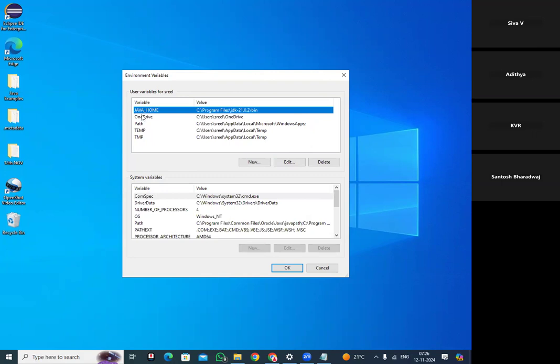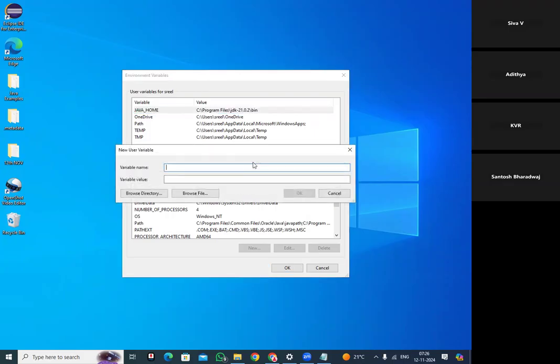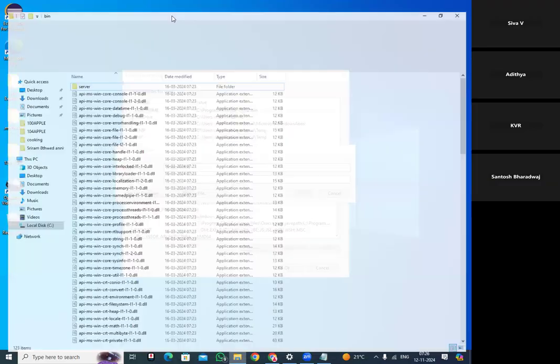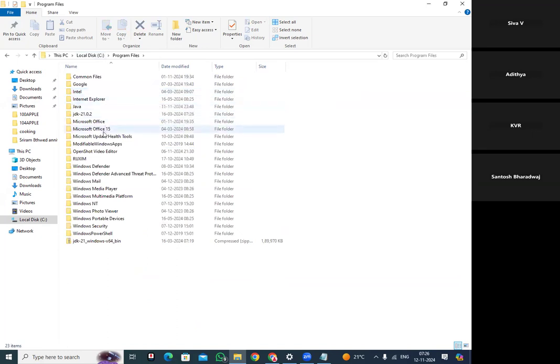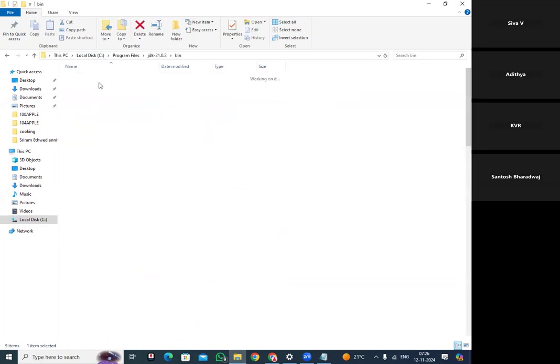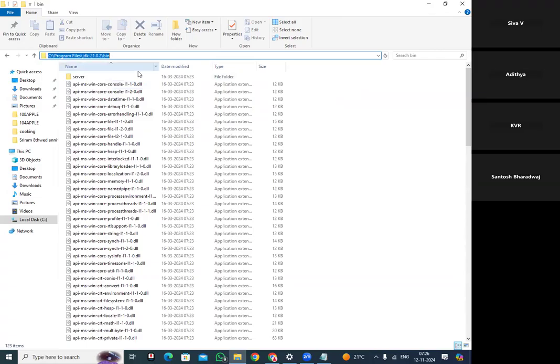Here in this dialog box, we need to add a new environment variable, like I added JAVA_HOME. JAVA_HOME is the variable name. We should always give JAVA_HOME, and give the value. The value is, after installing, as I mentioned, we need to go to Program Files and then JDK and then bin. So copy the path where the JDK is installed. Copy this path and come back to the